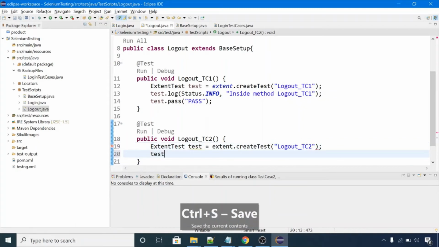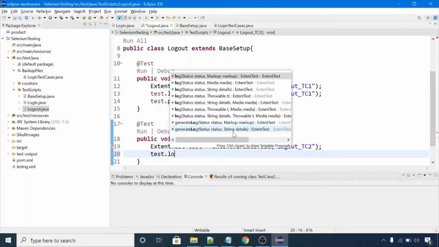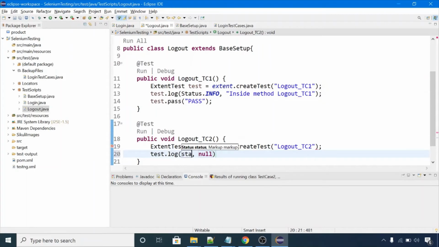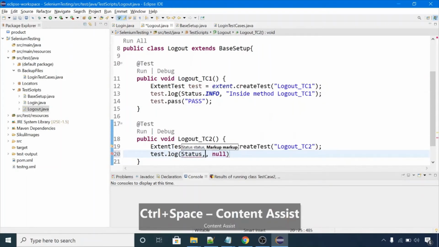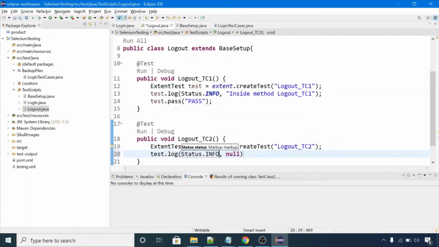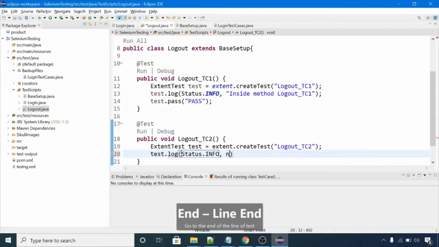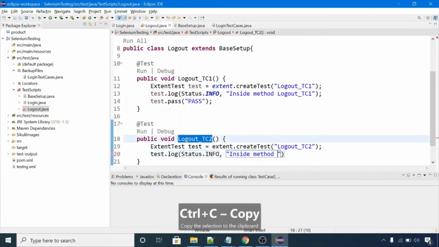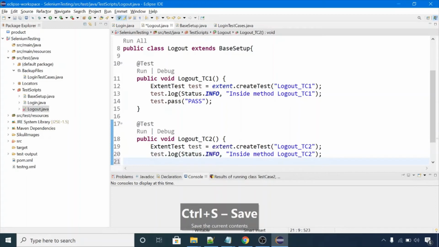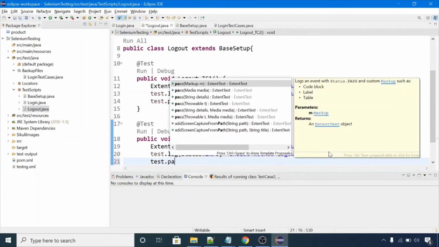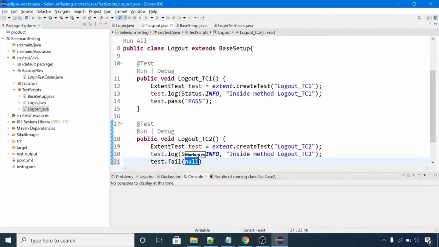Now we're going to use test.log status.info, and in this we can pass inside method. Just copy this method name and use test.pass. We can fail this test case for demo purpose.